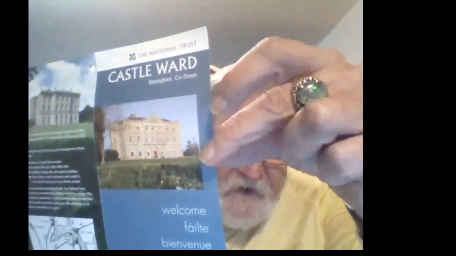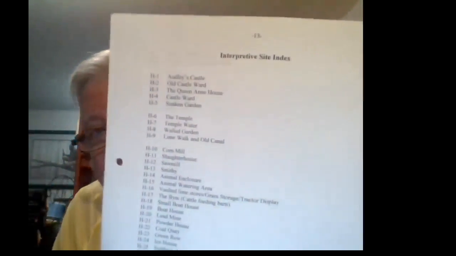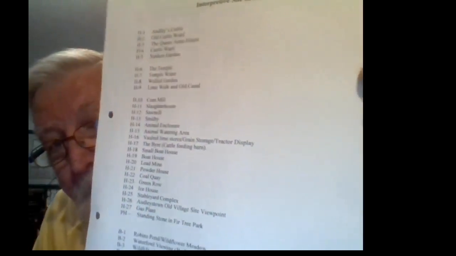Some time ago we did the interpretive plan for Castle Ward, and we were able to use their inventory as part of our inventory. And when we did our inventory, there was quite a list of things that we inventoried. And each one of those sites that we inventoried will develop an interpretive planning form set, which you'll see